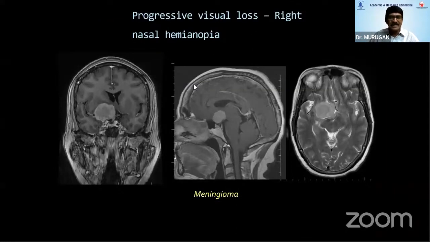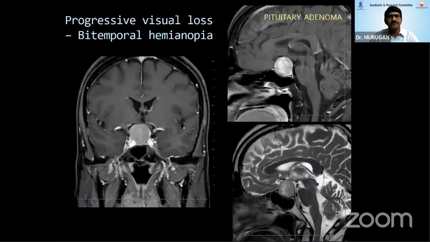Coming to more posterior lesions, patient presenting with hemianopia, nasal side. The lesion can be on one side of the optic chiasm. For example, here it was a meningioma, typically in the anterior clinoid process compressing on the optic chiasm. Here again, MRI is far superior to CT scan. CT can initially diagnose, but neurosurgeons prefer MRI later on to know the intricate anatomy of the lesion in relation to the vessels and optic chiasma, etc.